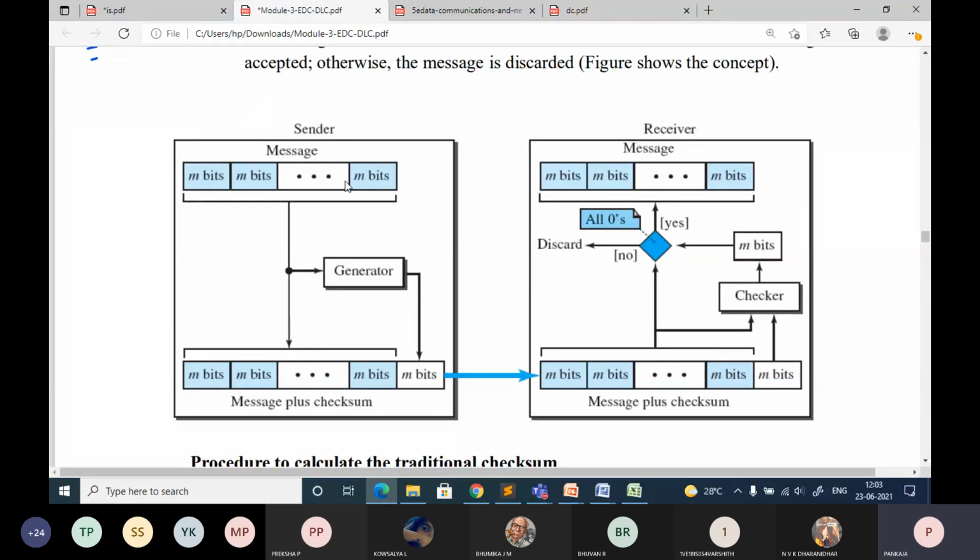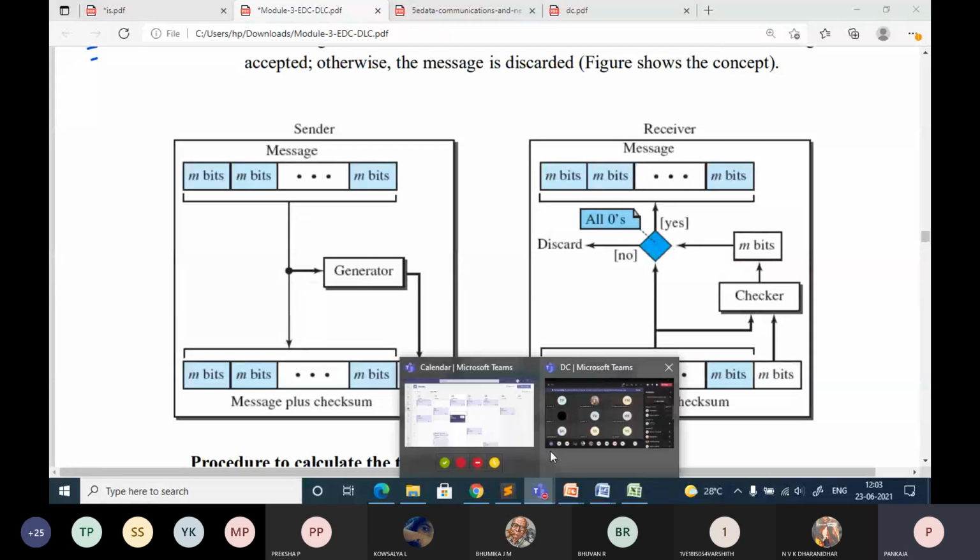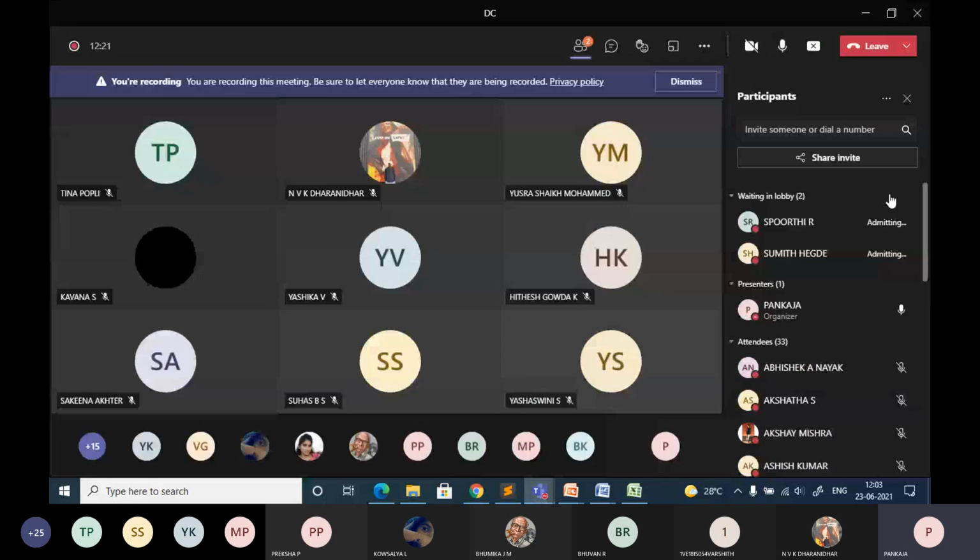Whatever data you have, divide it into m bits, then send these m bits to the generator. You already know the function of the generator from the previous method: to find what extra bits should be added. Here it performs the same function, only the logic at the generator is going to be different.